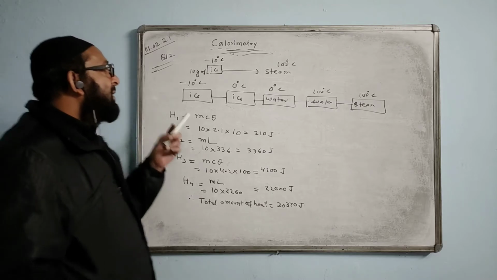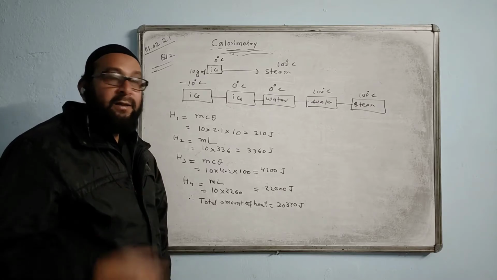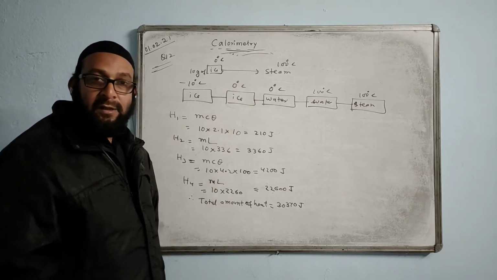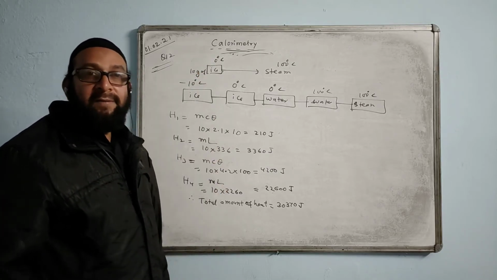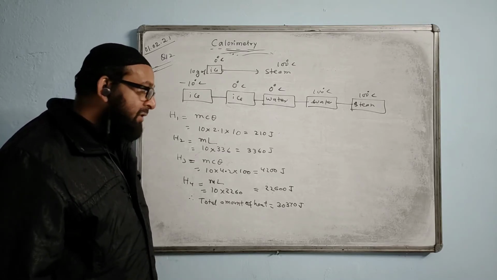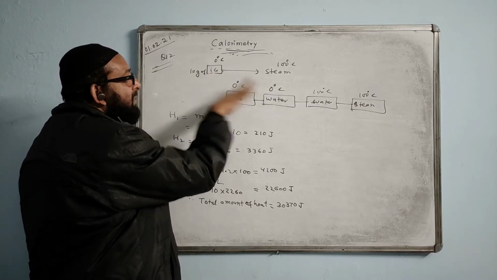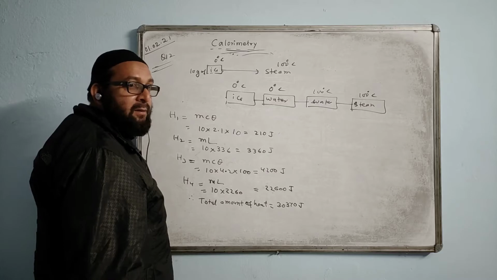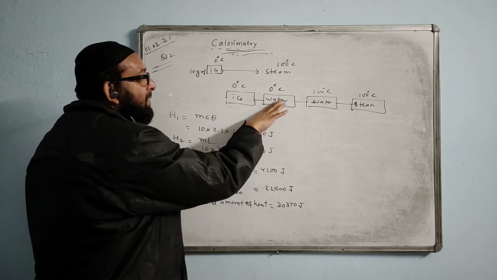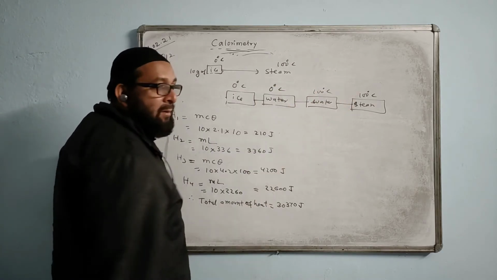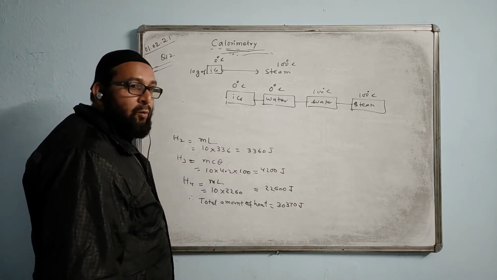Now if the question says you have ice of 0 degrees Celsius, and you have to keep on heating till it changes into steam, find the amount of heat needed. Can you do it? The initial temperature of the ice is 0 and you are converting it to steam. At first the ice will start melting when you supply heat. Then ice at 0 will change to water at 0. Now the temperature of water will increase from 0 to 100, then you get steam. So this H1 part will not be there, the rest will remain. Yes or no?